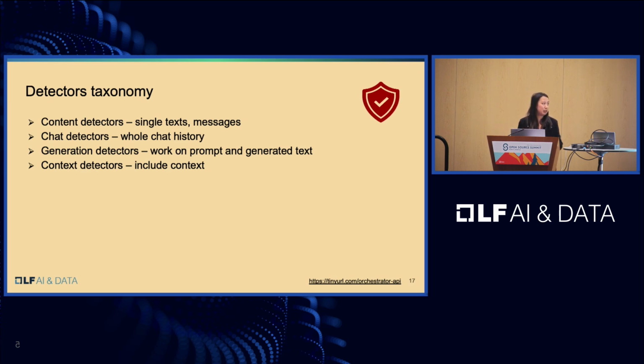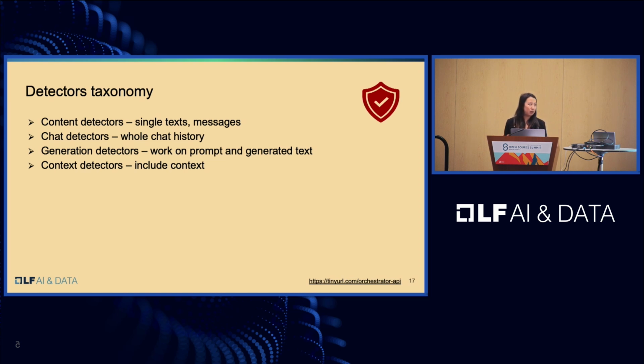Generation detectors basically work on prompt and generated text. The example I gave earlier, answer relevance, would be one of those. You're seeing how relevant the generated text is to the original prompt. And lastly, we have context detectors where you're bringing outside context. So this may look like different URLs, different documents, doesn't really matter, but you're looking at how relevant those are